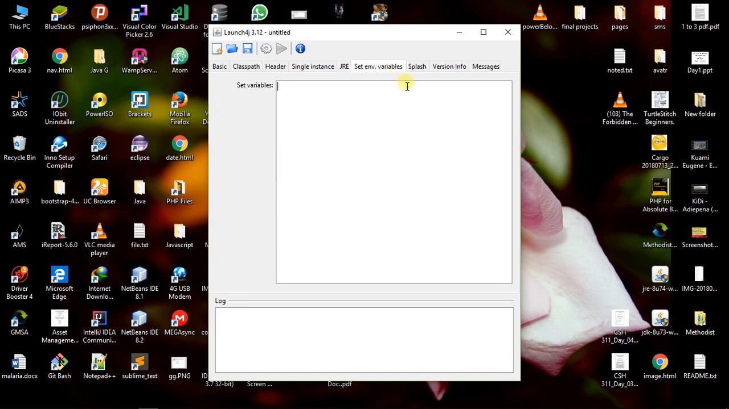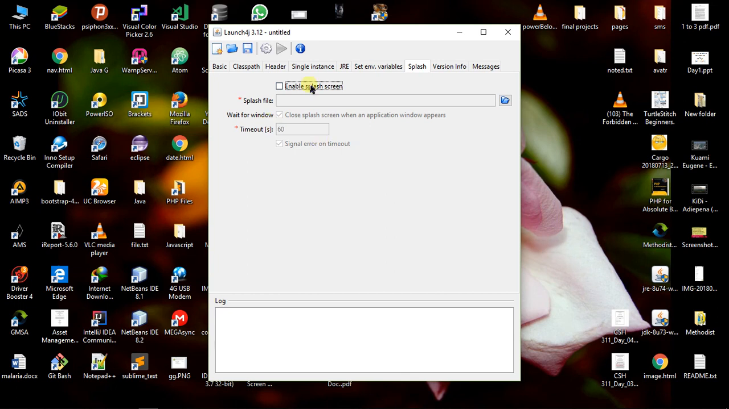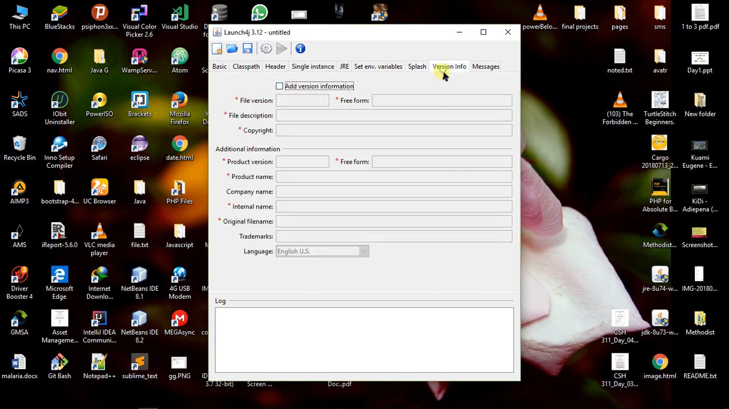If you know what you are doing, set some environment variables. If you have a splash screen, set that so it loads when you run the application. If you have something, you can add it here. I don't have anything, so I'm going to go straight to app version, say 1.1.0.0. The free version I want to use is 1.2v. File description,